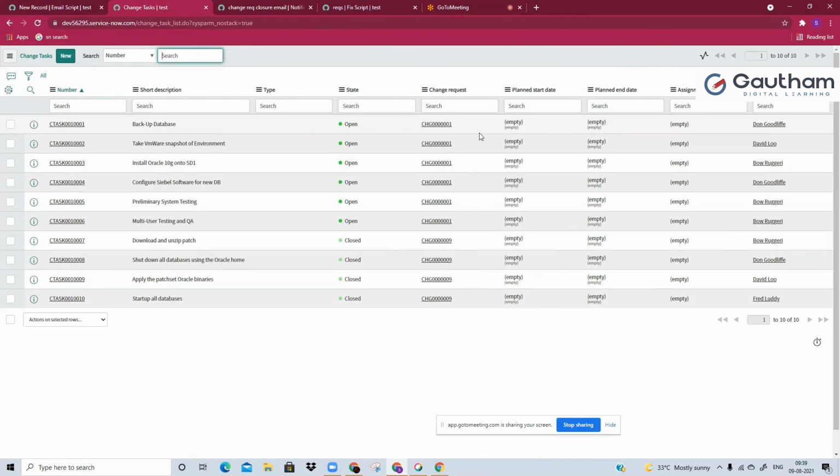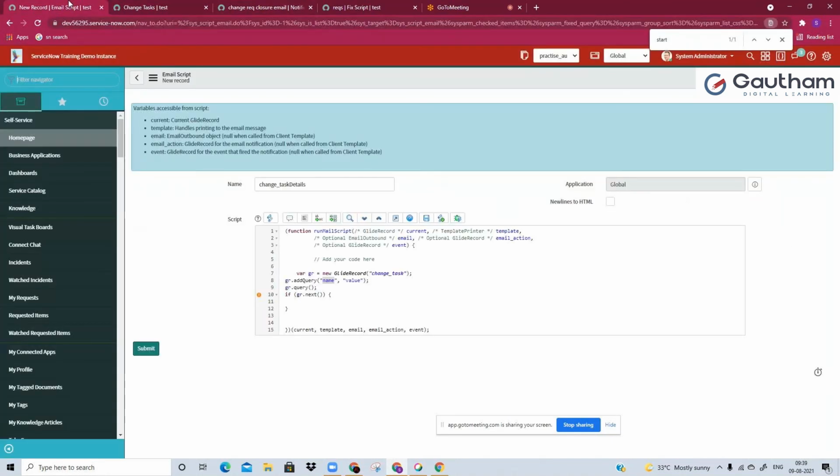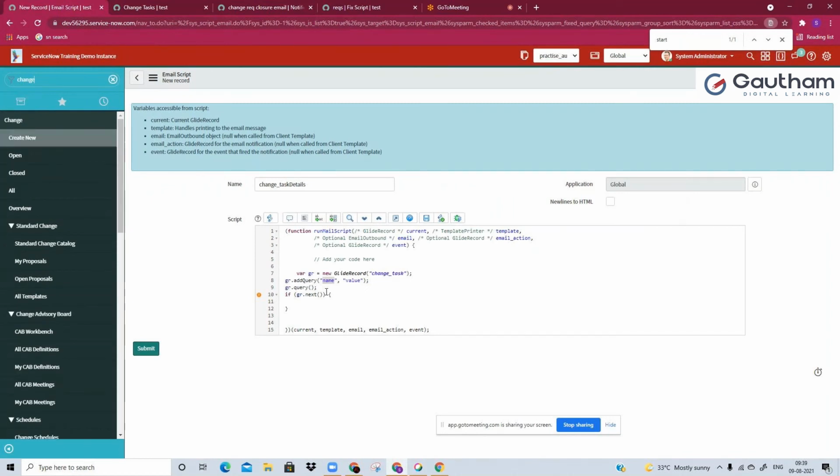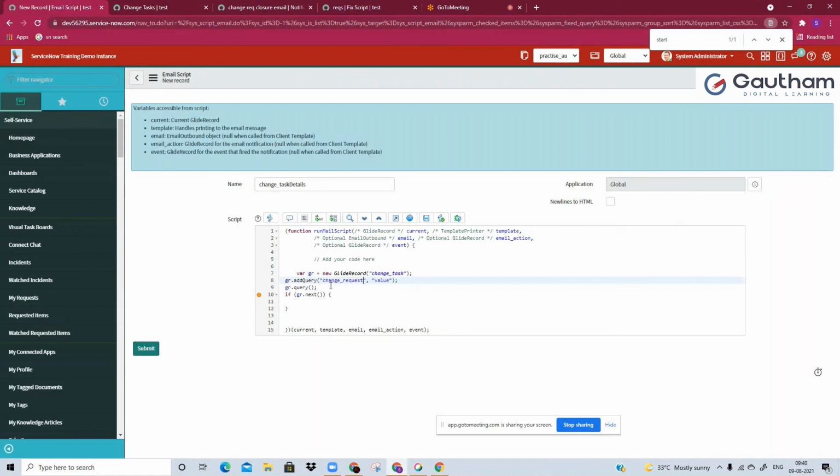So I do a show matching, and in the URL I can see that the backend name of this change request is also change request. So in my notification script, I'll put change underscore request